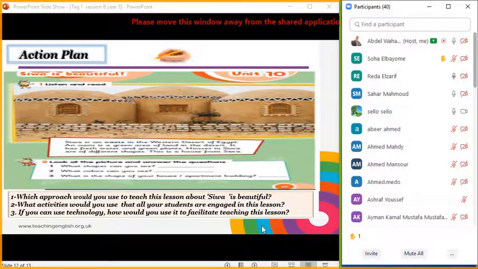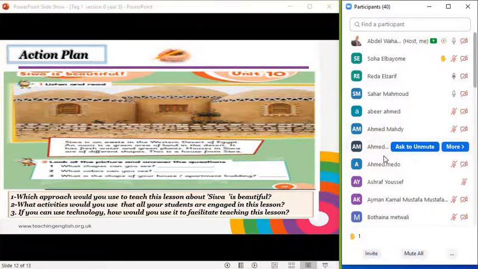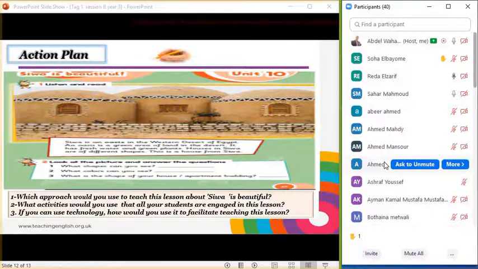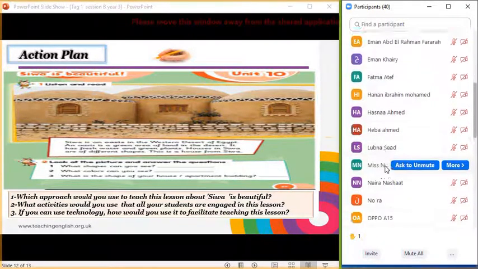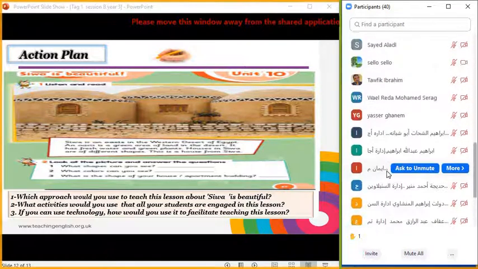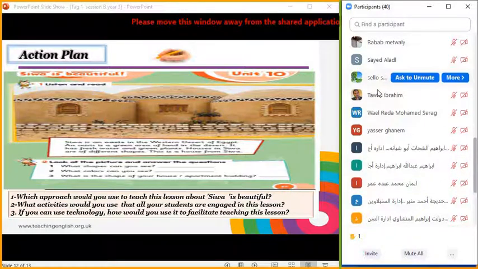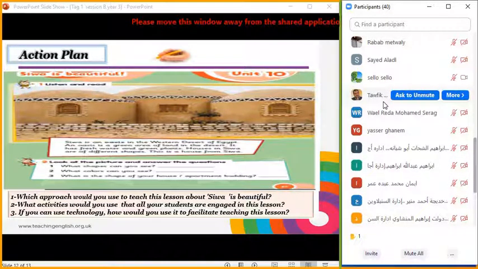I'll ask the learners to read the passage, and then I'll ask them some questions like, where is Siwa? WH question. Yes or no question. Is it in the Western Desert? Does it have fresh water? And I think the lexical approach is very important here, from my point of view.